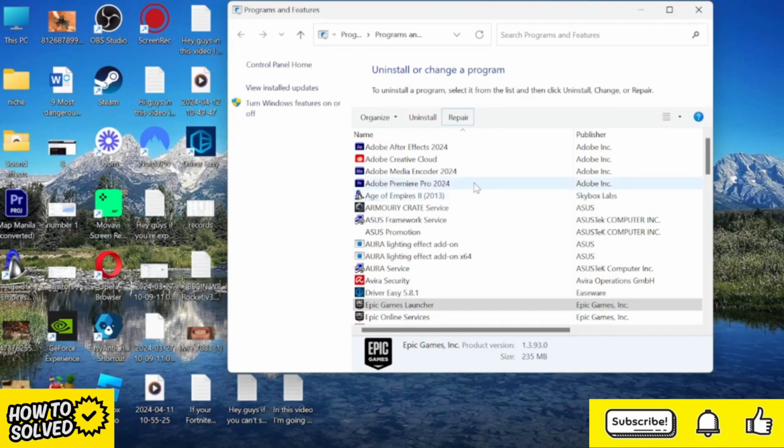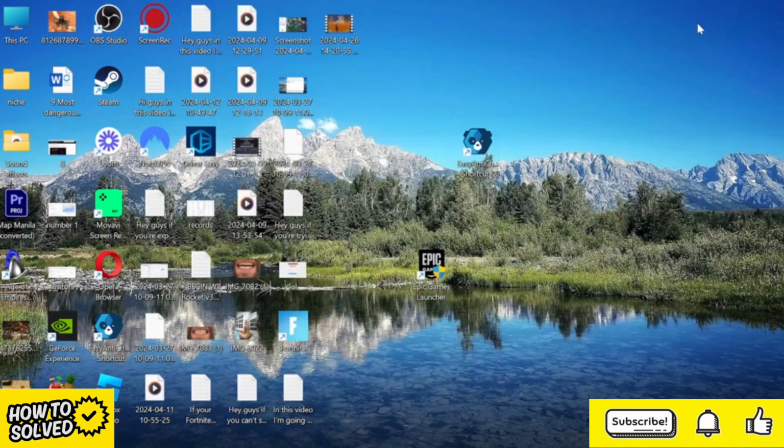If none of that works, then the last thing I would recommend is to uninstall the app and install a clean version of Epic Games, which we can do again by clicking on the app and coming to this Uninstall button here. Once we've successfully uninstalled the client, then you can just head to the Epic Games website to re-download it. Hopefully by now your launcher is working, but if you've tried all of these methods and it's still not working,